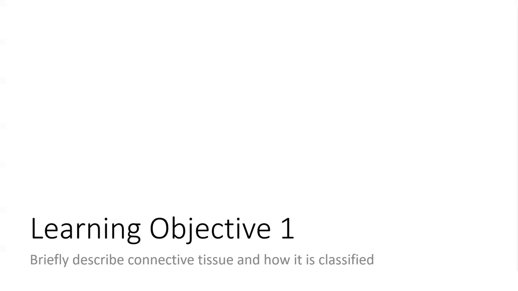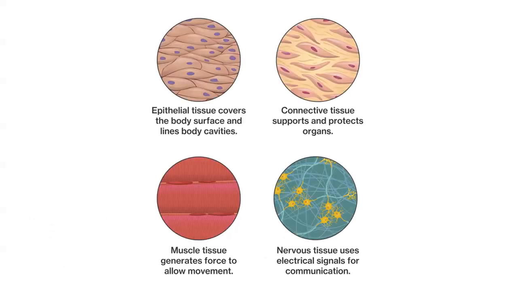A tissue is a collection of similar cells that carry out a specific function. Tissues grouped together then form an organ. All of the tissues within the human body can be classified into 4 basic types. The 4 basic types of tissue found within the human body are epithelial tissue, connective tissue, muscle tissue, and nervous